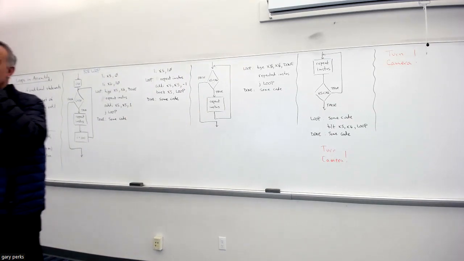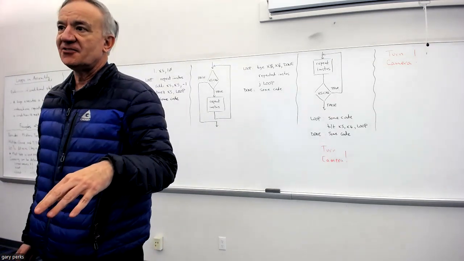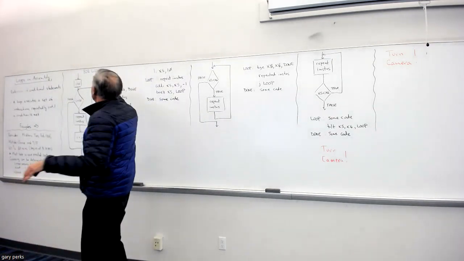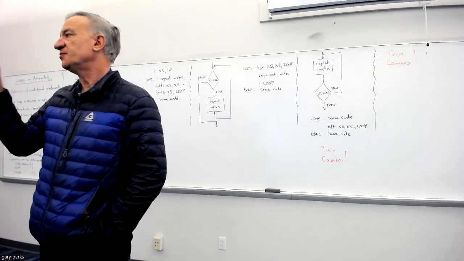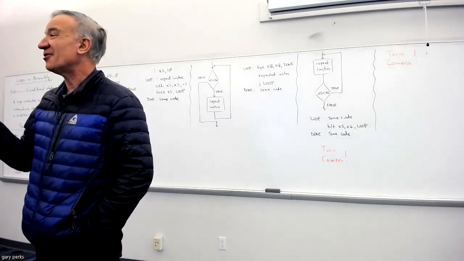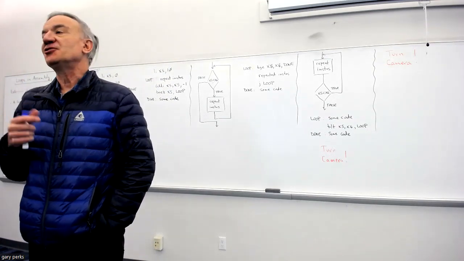You could make an argument that since you initialized everything to 0, perhaps you didn't need this. But it's good practice to always make a register 0, even if there's a good chance it's already 0,